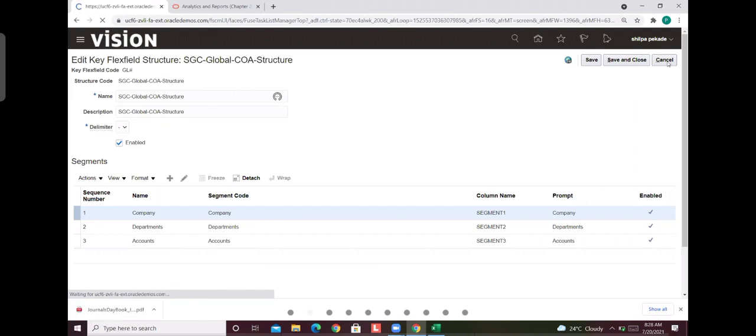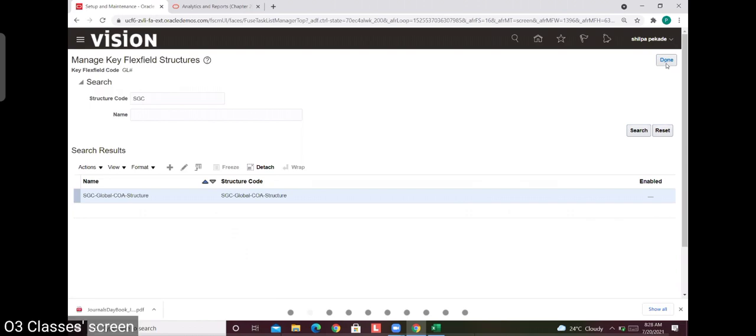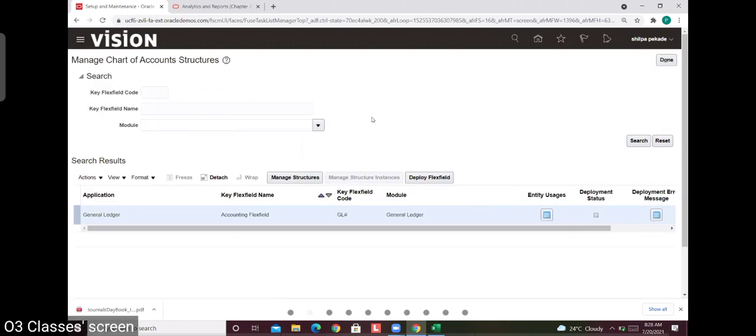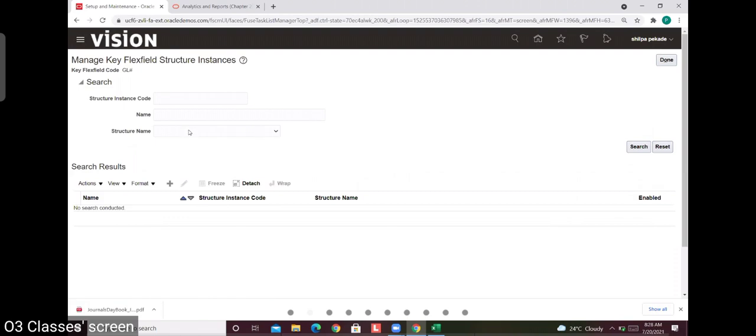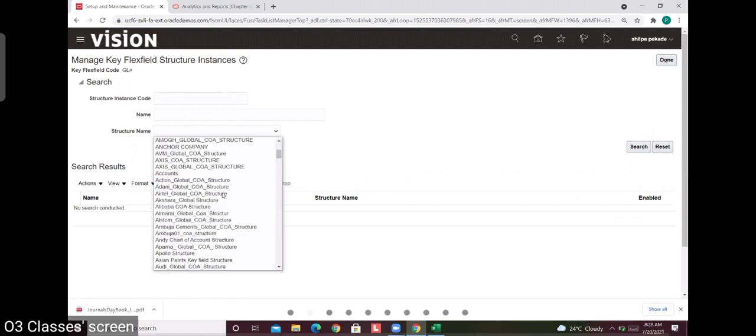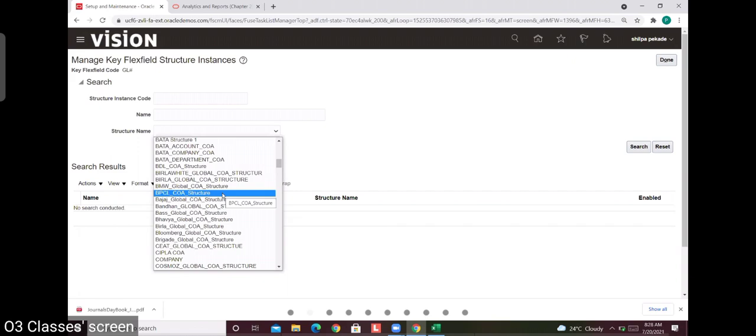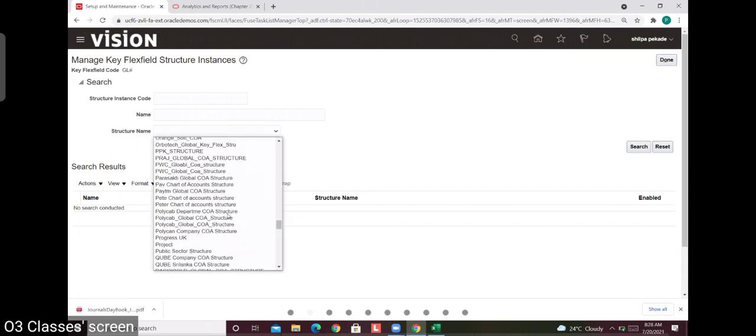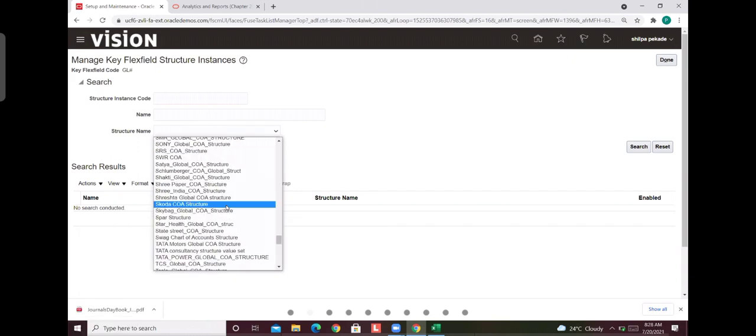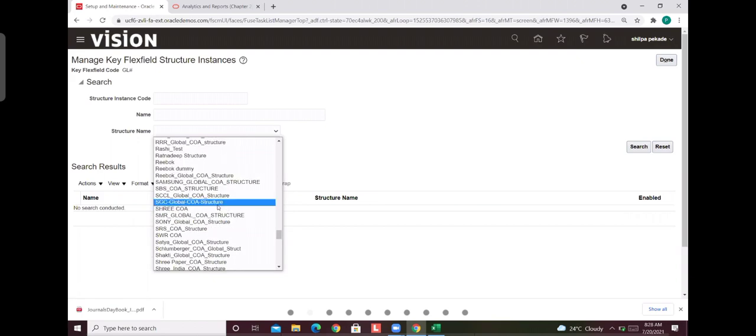I was unable to see the segment, so that's why I disabled it. No, don't disable. If you go to structure instance, your structure name should be shown here. Yes, SGC is not shown. No, it's there, sir.